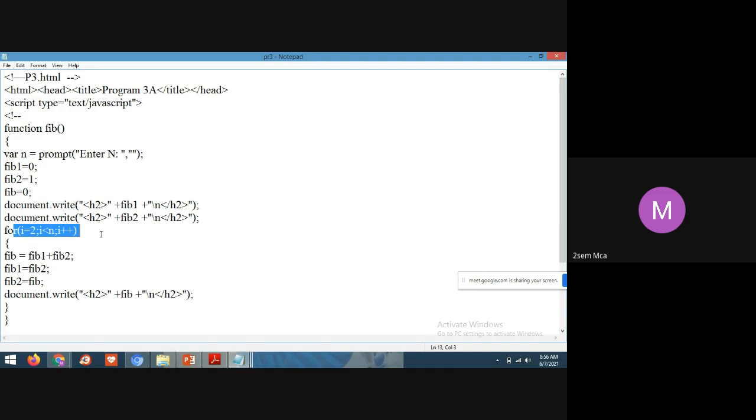I have a for loop, in which I have written the logic. This logic will not be displayed on the output screen. Using document.write, whatever you write, only that will be displayed on the output screen.